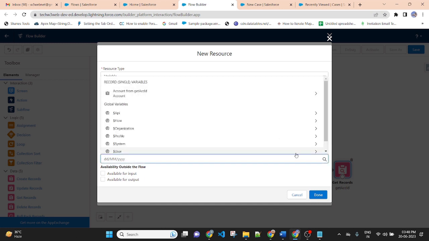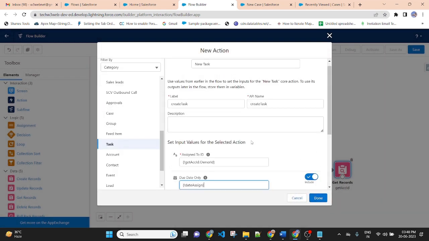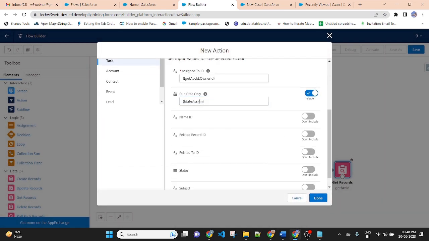So I am putting 20 06 2023. Done. So I am assigning the date, then Related Record ID.